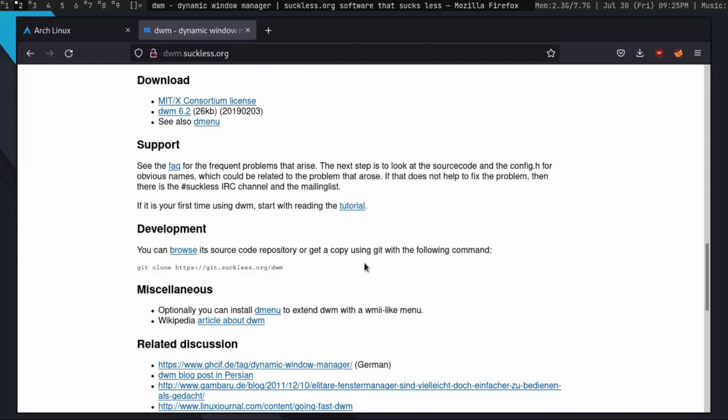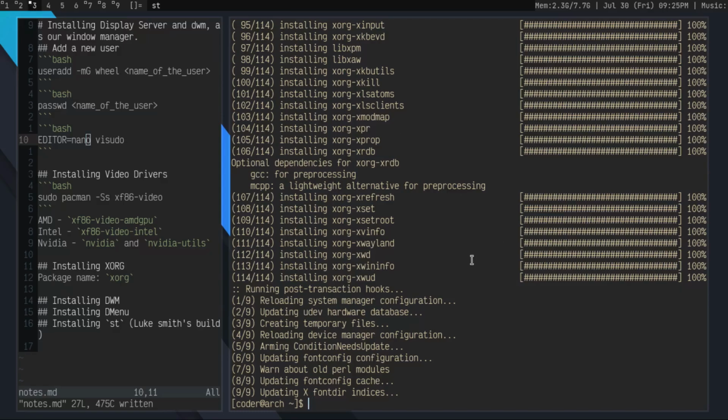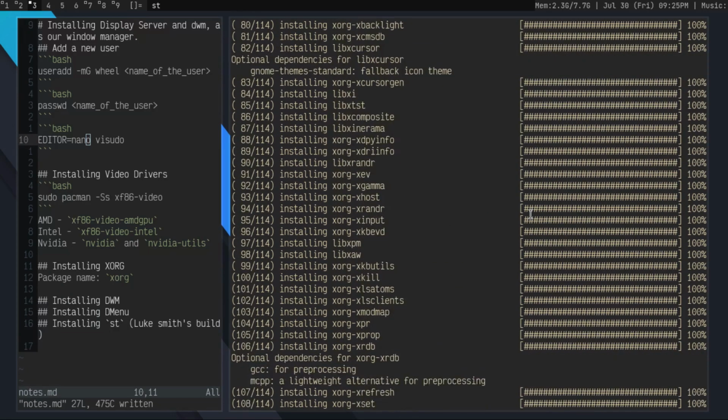So for installing it, you need to copy this command, which is a git command, git clone git.suckless.org/dwm. Okay, simple command. I'll paste the command. Git's not found. Okay. Yeah, before that, I want to show you something else.